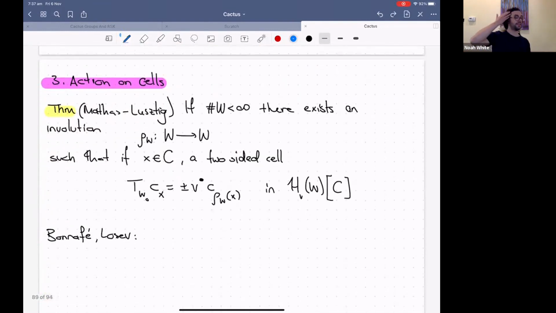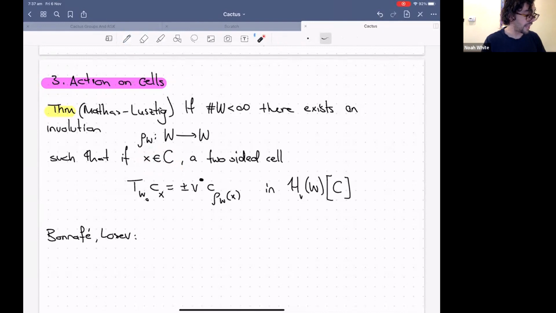Okay, so let me tell you how the Cactus Group acts on individual cells and therefore on the whole Coxeter group. The first important fact that we need to talk about is this theorem of Mathas, and Lusztig extended it to the unequal parameter setting. If you have a finite Coxeter group, there exists an involution on the Coxeter group, so that if you take an element of a cell,